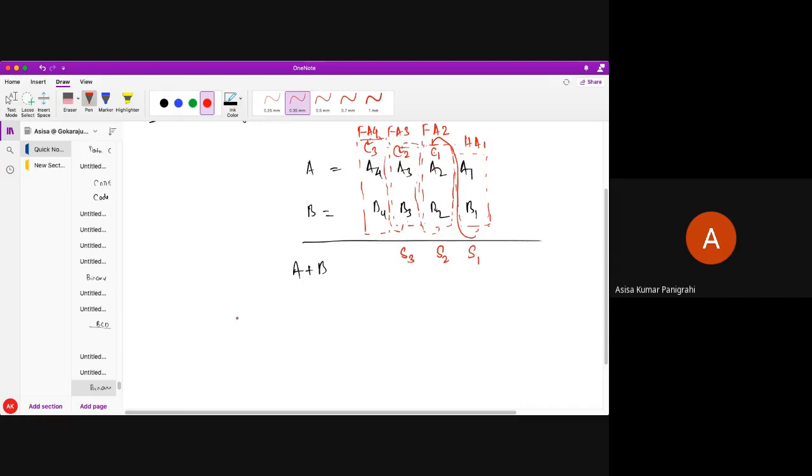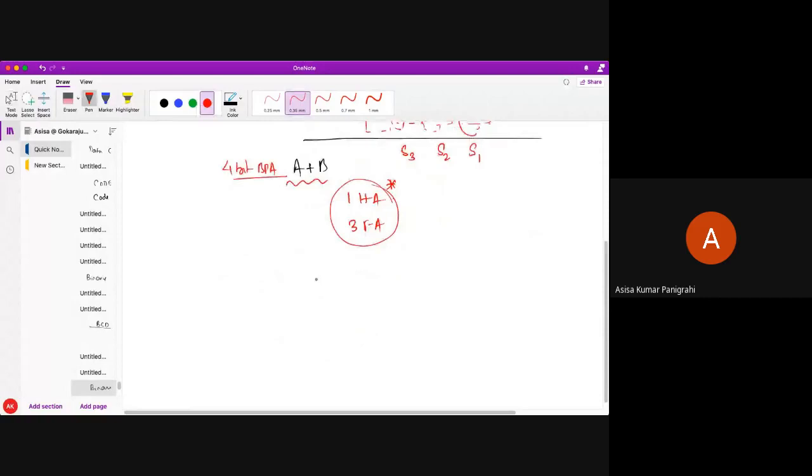So what do you understand from this? In order to build a 4-bit binary parallel adder, BPA, I just require one half adder and 3 full adders. Am I correct, students? Do you all understand? This is one procedure I can follow, which is why I'm making an asterisk here. Also, I can add A4, A3, A2, A1 and B4, B3, B2, B1 using 4 full adders.